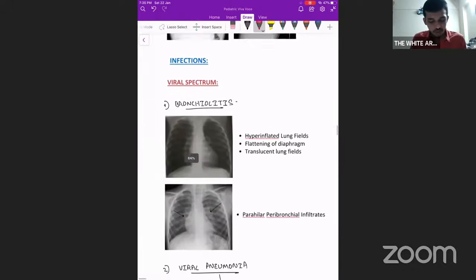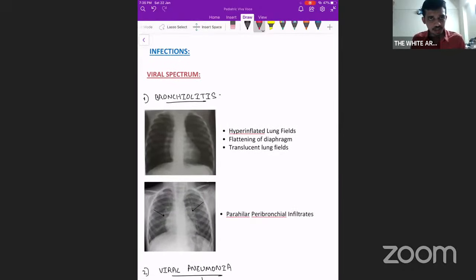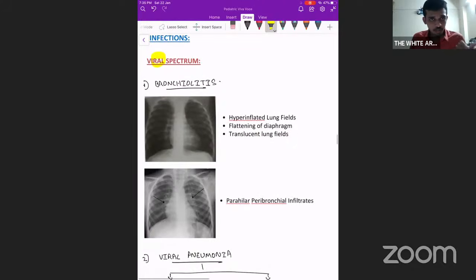The first one is infection. We'll initially deal with the viral infections and then the bacterial. Coming to the viral infections, the first one is bronchiolitis, caused by the respiratory syncytial virus. So we all know, and what happens is